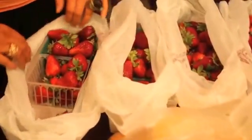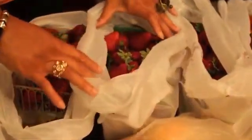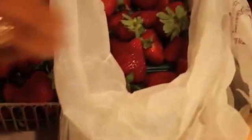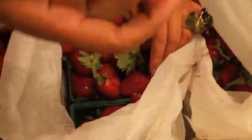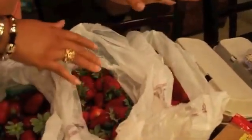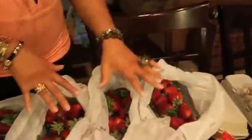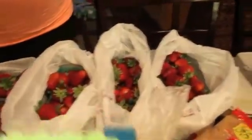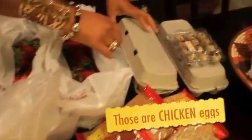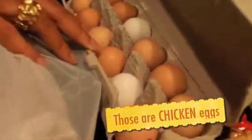So let me show you what we got from the farm stand slash farm. Right here we have some lovely strawberries. We got a ton of them. You can see one of the little baskets is gone already, but these strawberries are really extremely delicious. Nothing better than farm fresh strawberries, really. So we got 3 bags of those. I don't know how many pounds that is, but